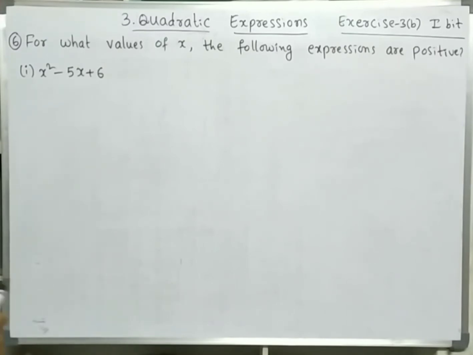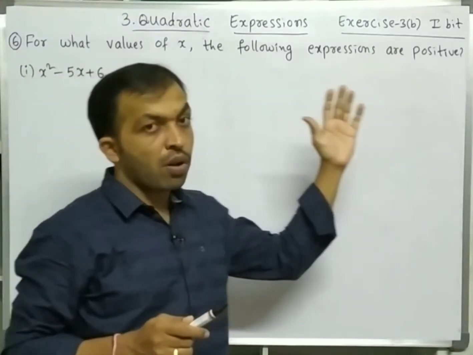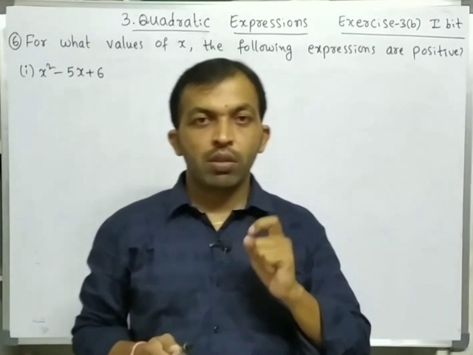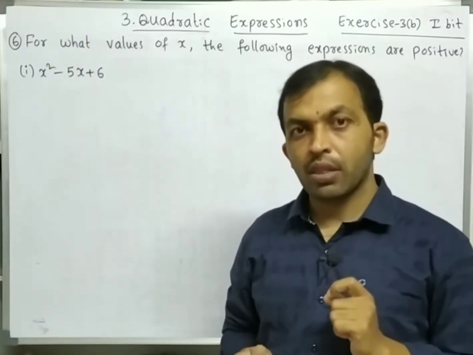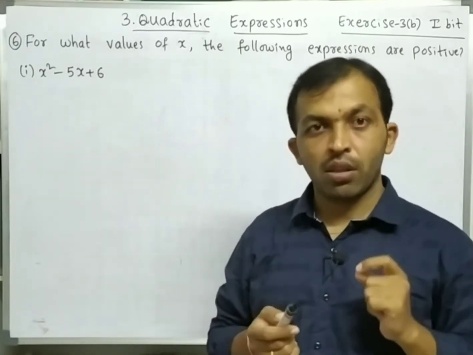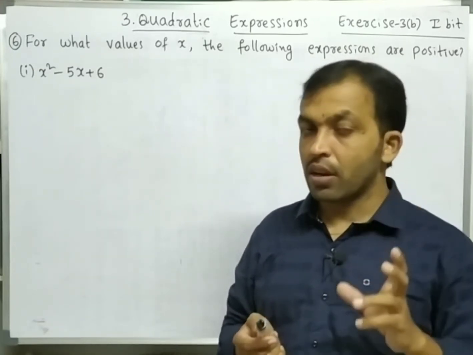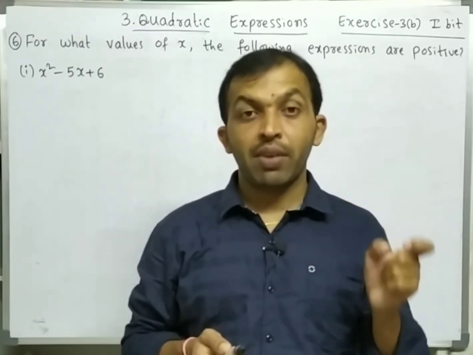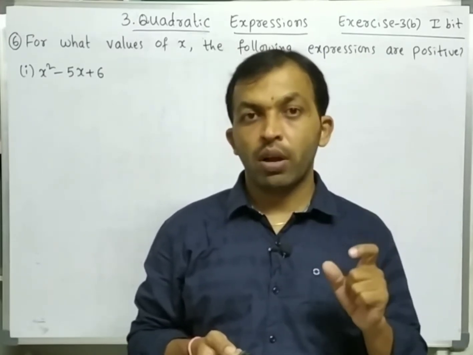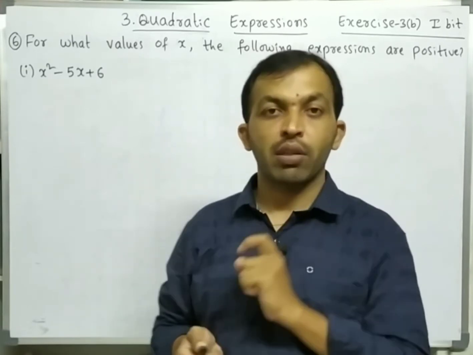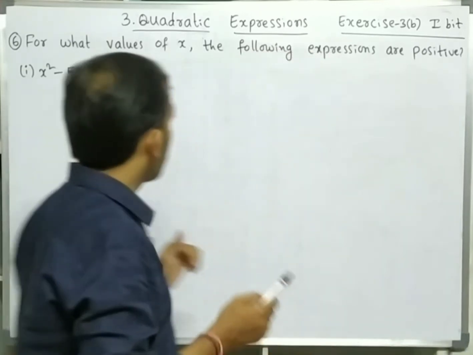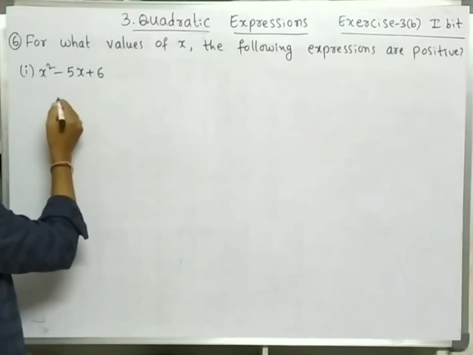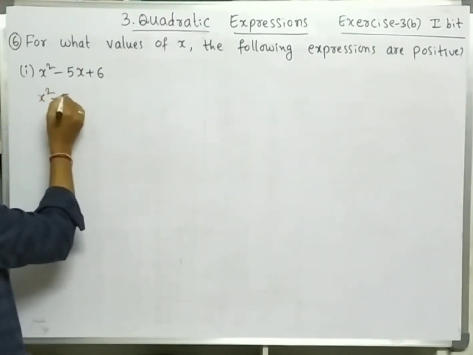Next, sixth problem. For what values of x are the following expressions positive? So for which values of x the quadratic expressions are positive, we should find. For that you should learn the concepts of the previous video. So go through that video and learn the concepts carefully and solve the problems. Okay, so first of all, just like the previous problem, factorize this. So equate to 0 first of all,